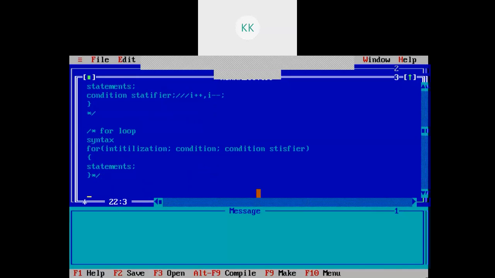The last looping statement is the do while loop.